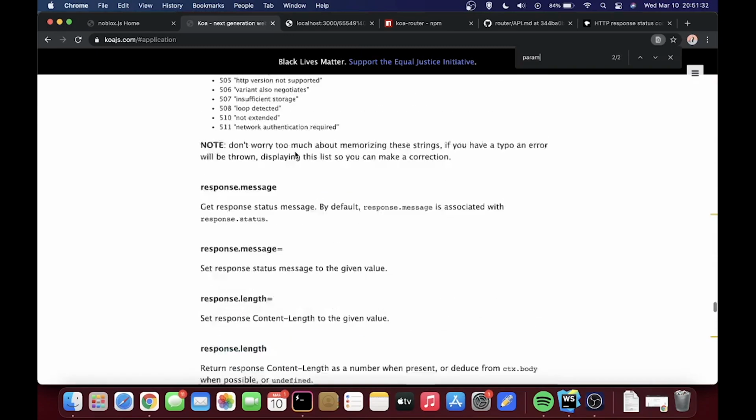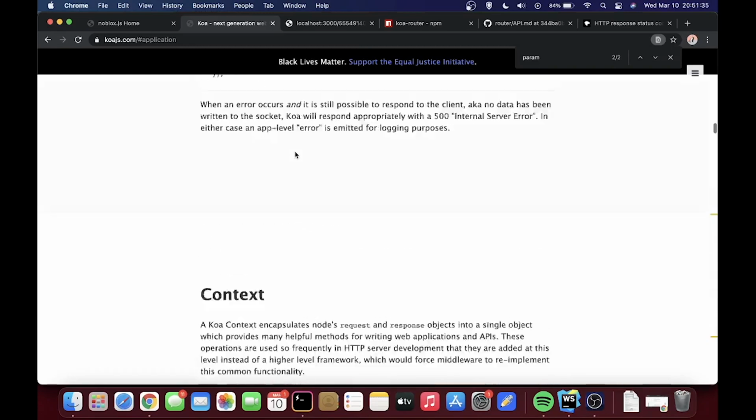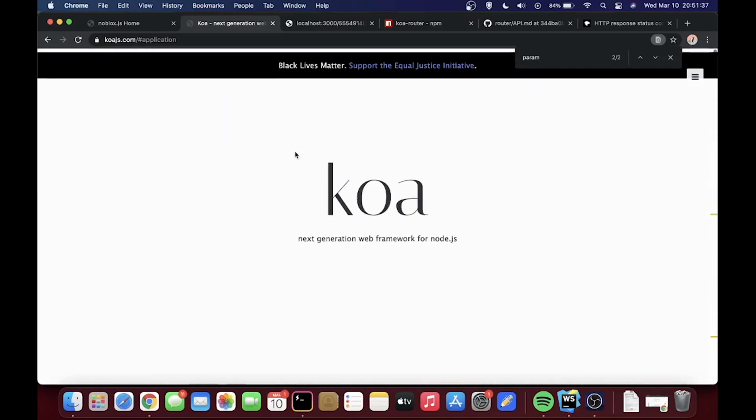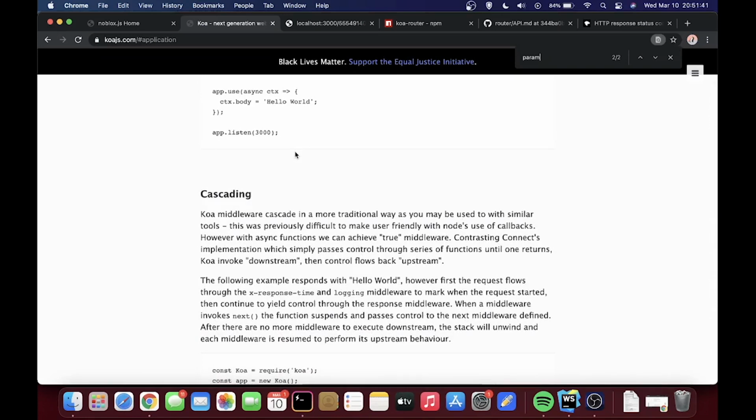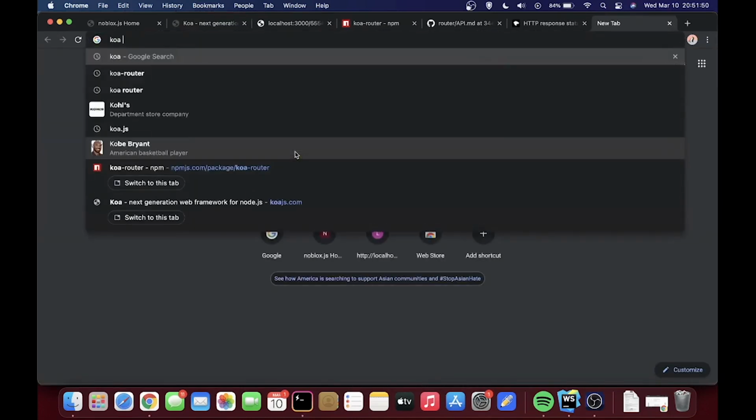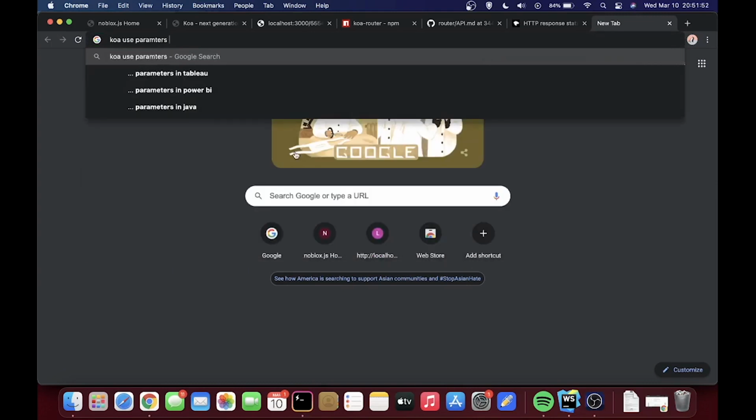I don't really see anything here. So this is probably one of the most important parts of programming. Google it. Once you don't know something, the first place you should always look is the documentation. If it's not there, then it's time to look to Google. So I'm going to type in Koa, use parameters.